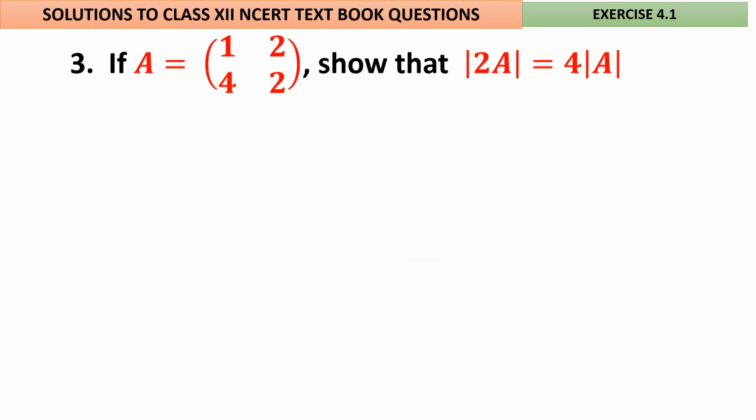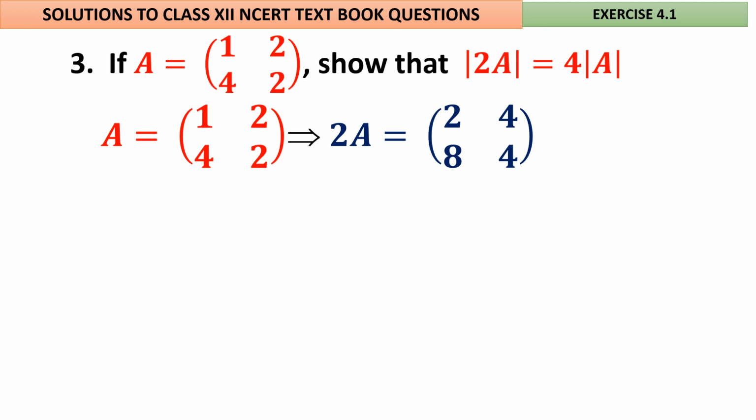Okay. Here we are going to check. When you multiply a matrix by 2, all the elements are multiplied by 2. Thus, it is the same as 4 times determinant A. Remember, in a determinant, when a number comes outside, it comes as that number to the power of the order. Suppose it is 2 cross 2, this 2 will come out as 2 square. If it is 3 cross 3, it will come out as 2 cube, because it comes from every row or every column. In 2 cross 2, it comes 2 times. In 3 cross 3, it comes 3 times. Anyway, actually it is a famous result.